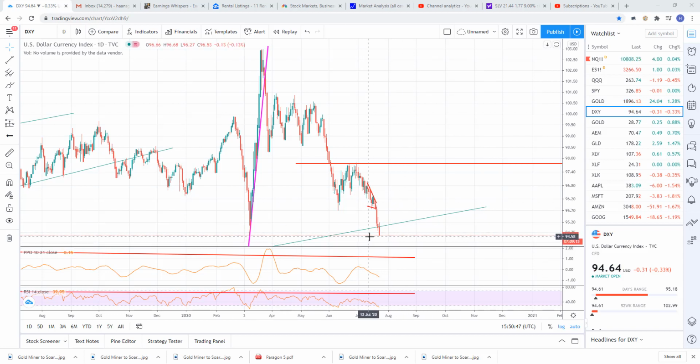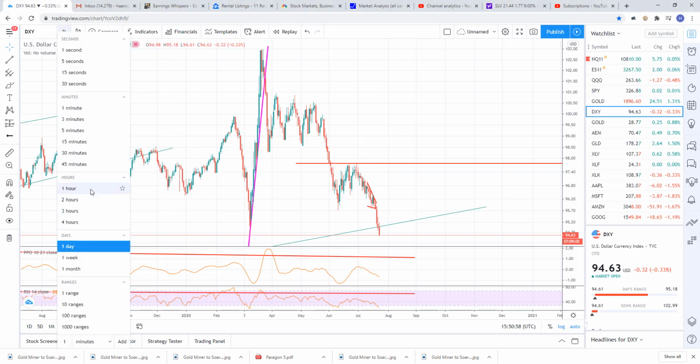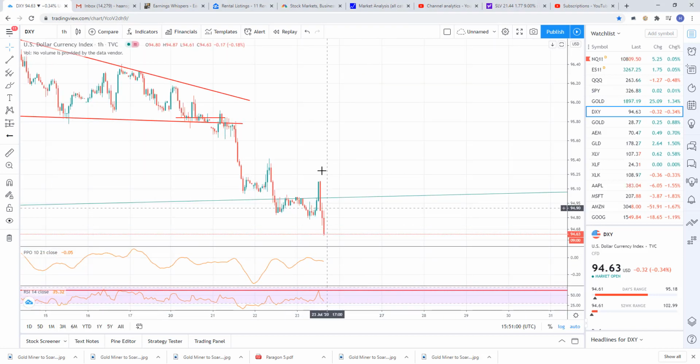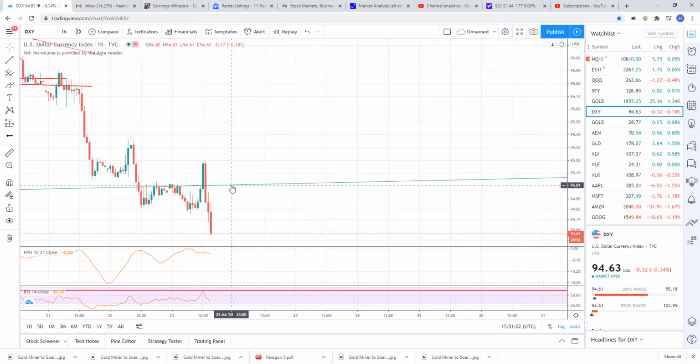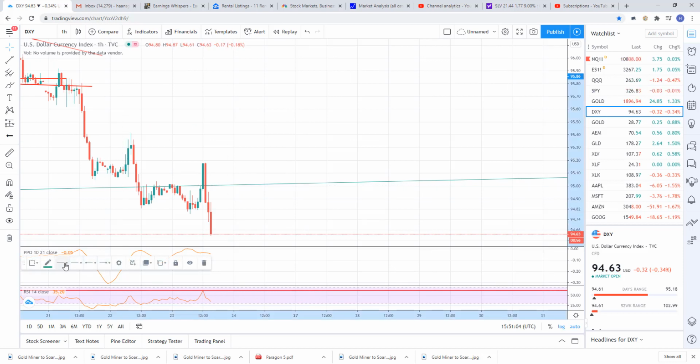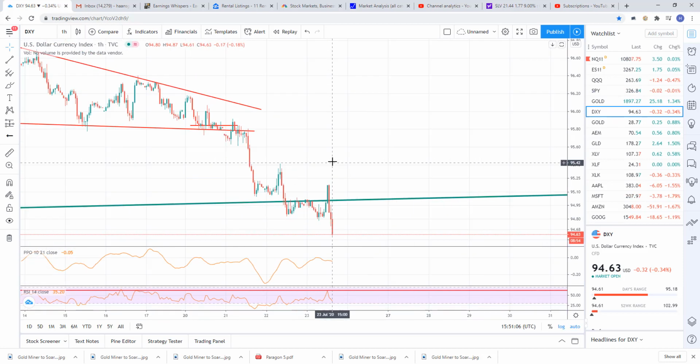All right, first I want to start out with the dollar, because this is the major thing that's happening right now. The stock market's not doing too much. It's sideways basically, but the dollar is really continuing to sell off. Here's the hourly chart on the dollar. You can see it starting to sell off. This light blue line, let me thicken that up a little bit. Right there, that is your longer term support for the dollar.